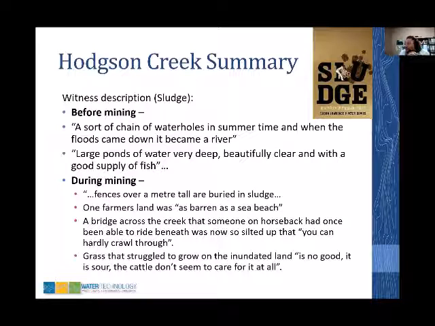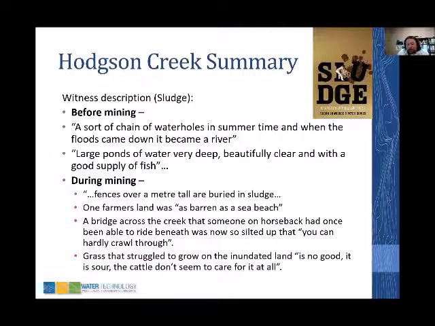And what they're describing there is what we call a chain of ponds system. And chain of ponds were basically these series of, if you imagine dams without a dam wall, but inset within the floor of a valley. Now, very, very stable waterway types and quite unique. You don't see chain of ponds